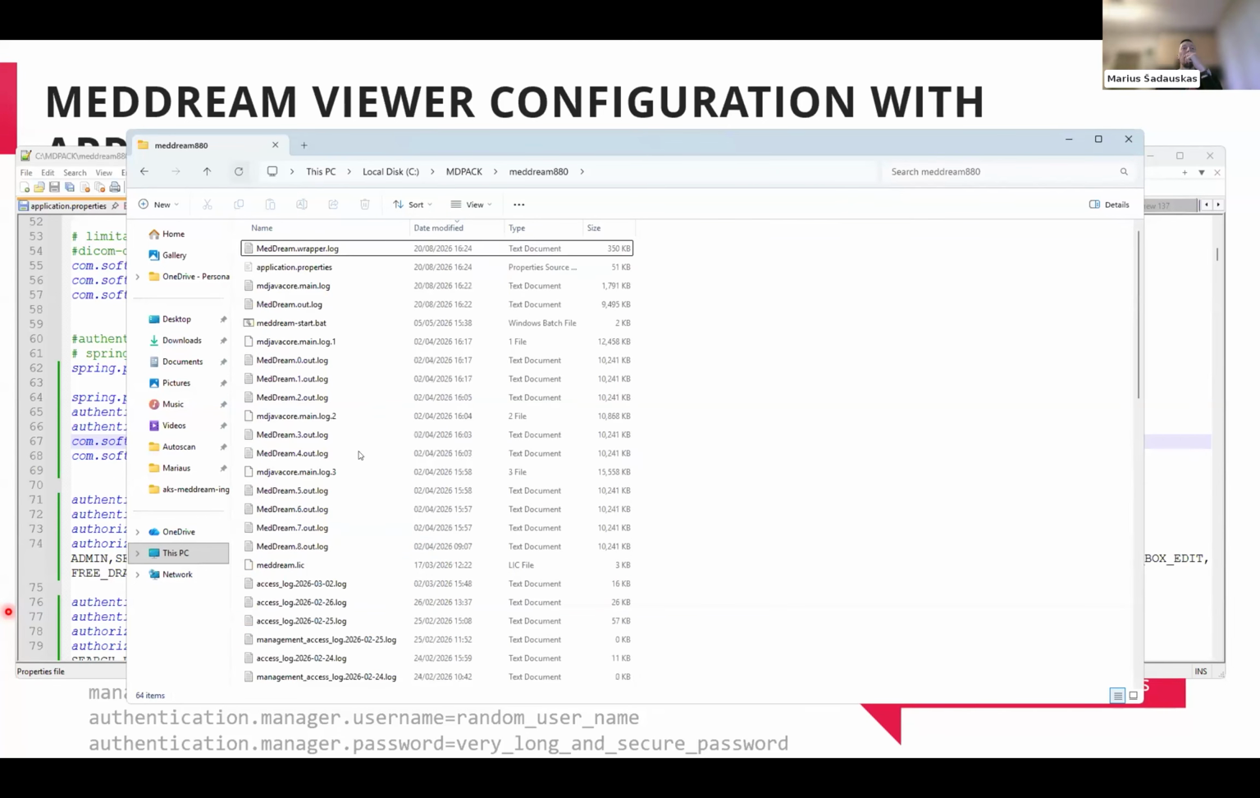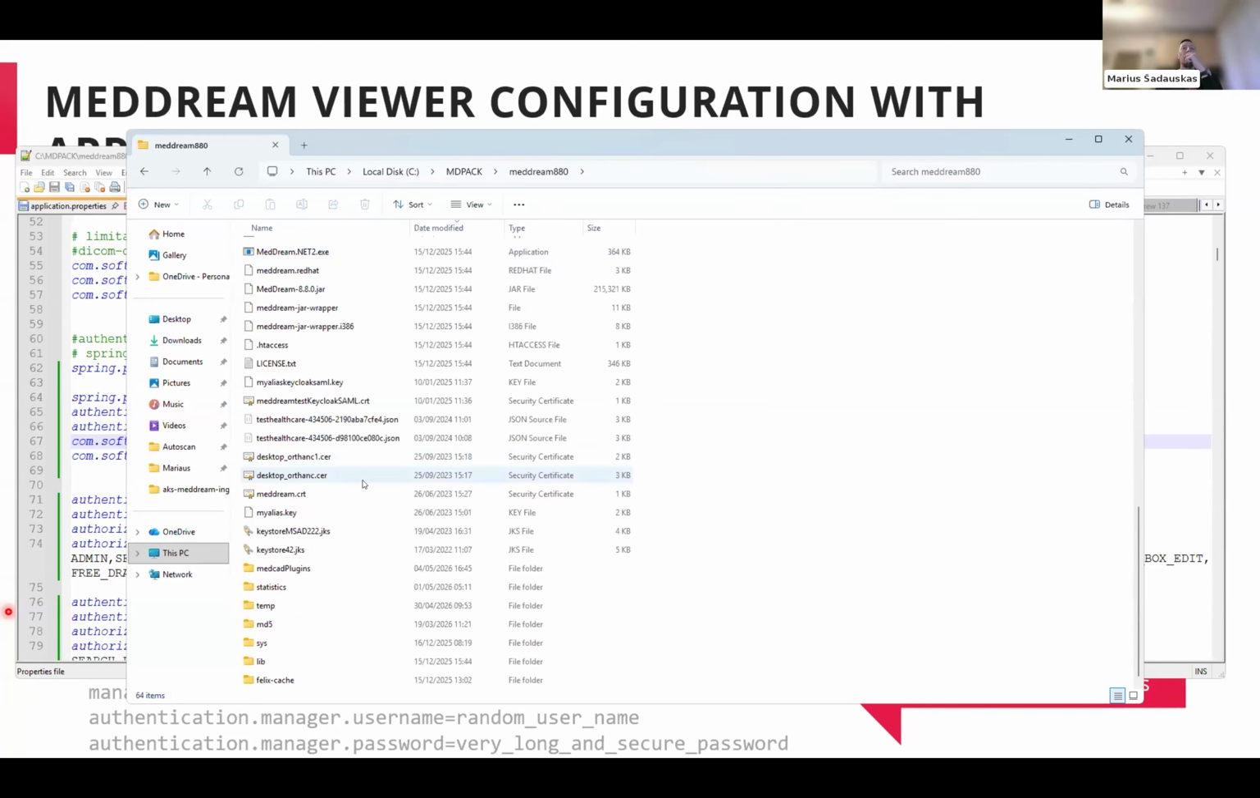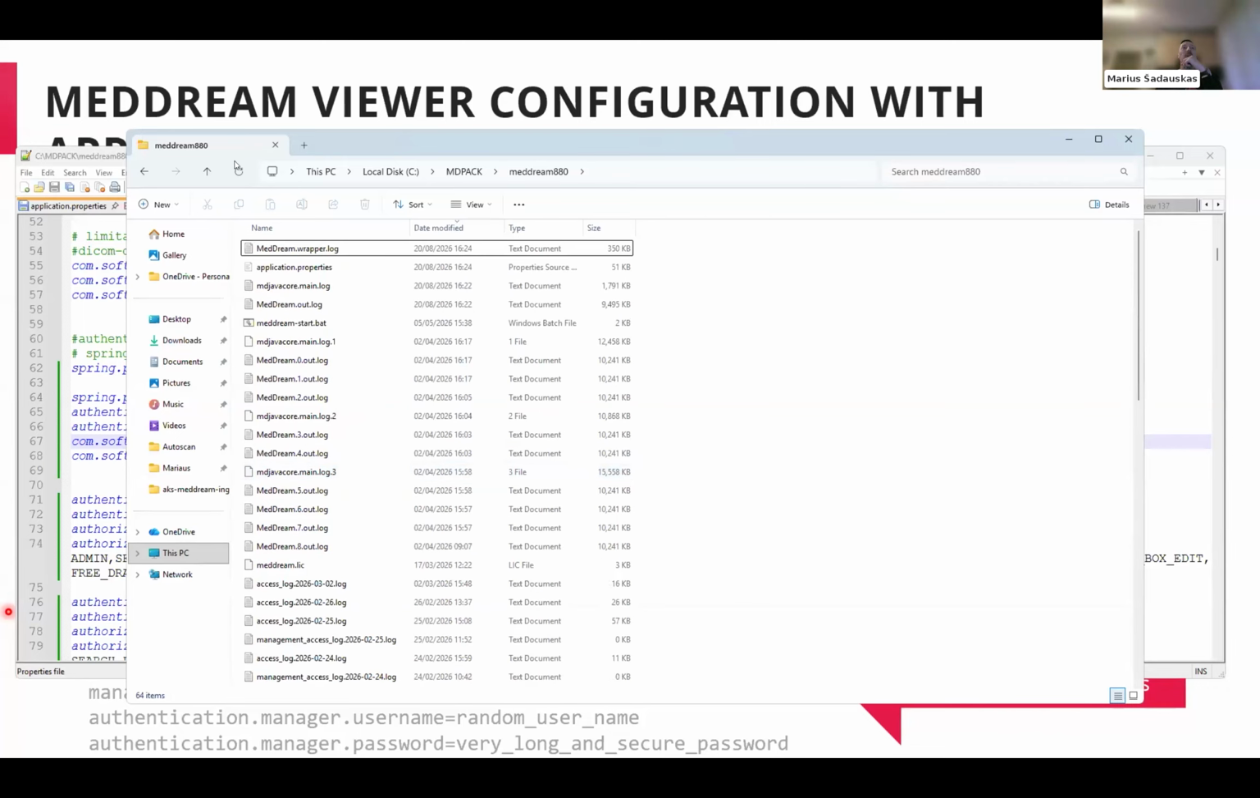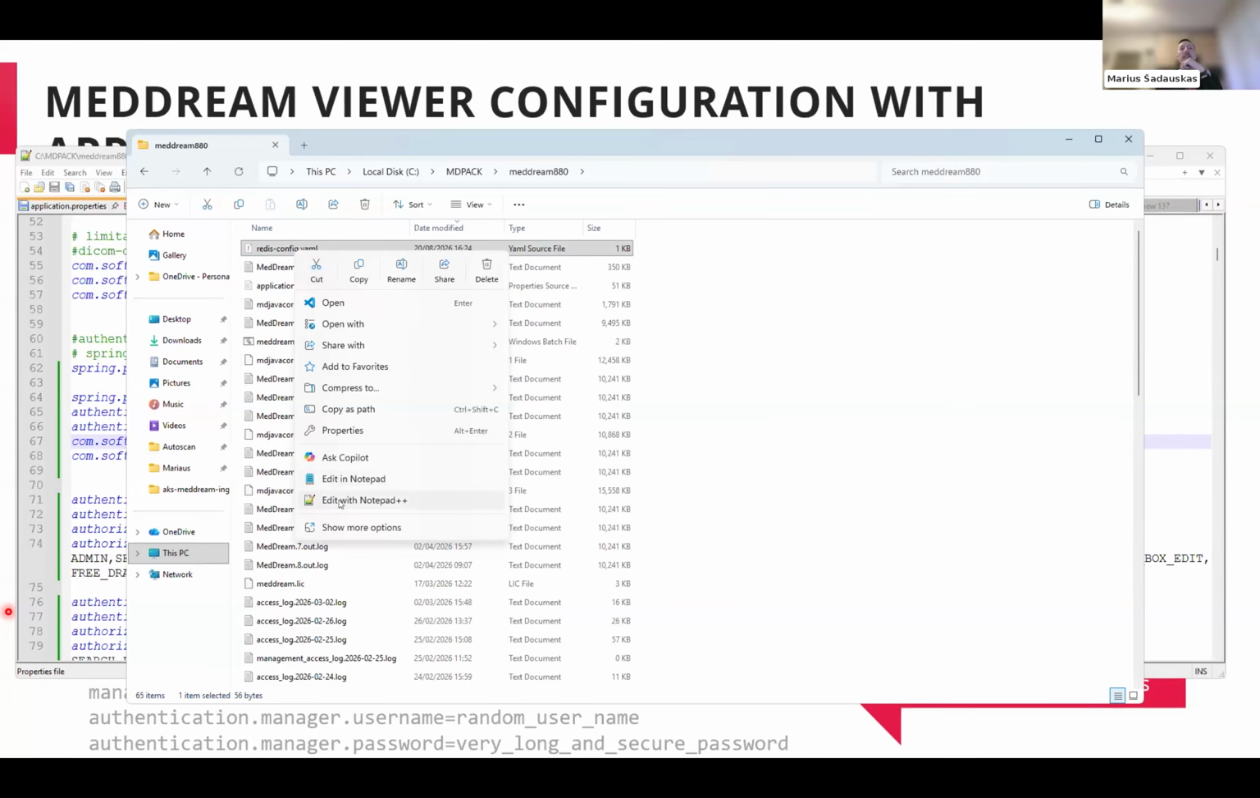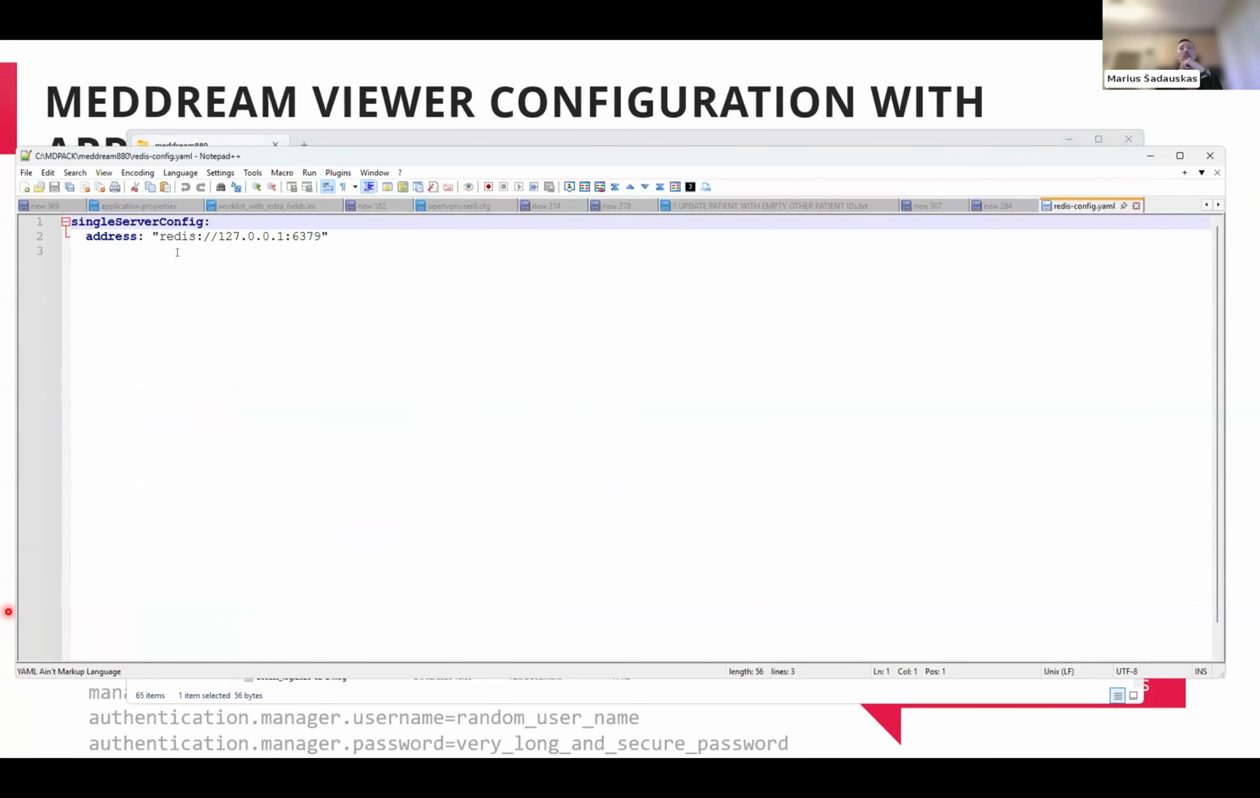Redis config file, one moment. Once it starts, it will create a Redis YAML file, which needs to be here. As you can see, it has created the Redis YAML file automatically. And if we check it, you will see that there is a default value,